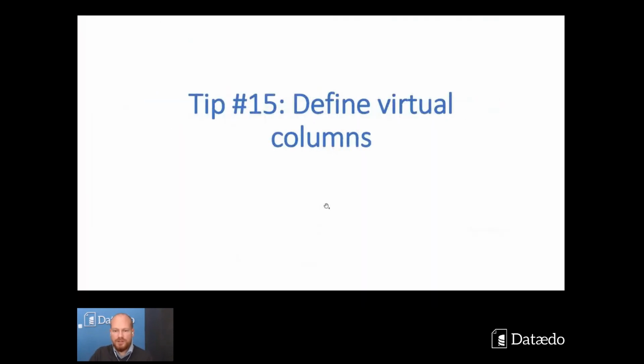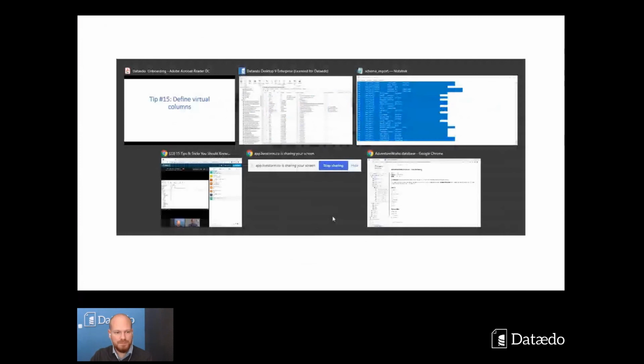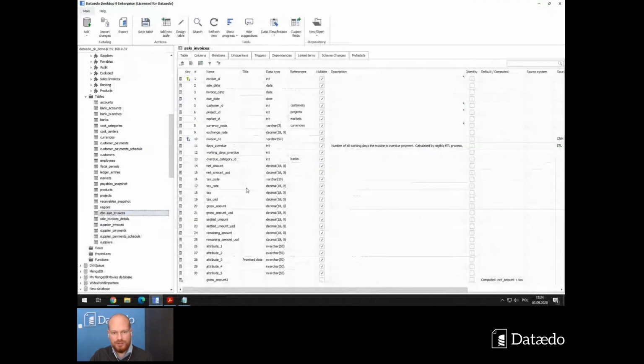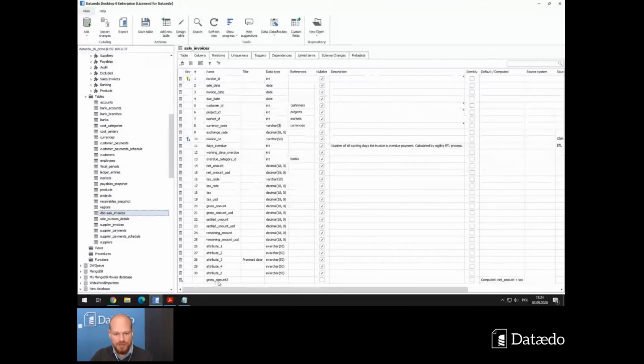Tip number 15: define virtual columns. So in the documentation, we hold columns imported from the source. I have actually done that before. We have a physical field net amount, and we have a physical field tax. I would like to see the gross amount. Actually, I noticed we already have this in here. But let's imagine, for the sake of the demonstration, that this field is not persistent. We could use it for USD, for instance,